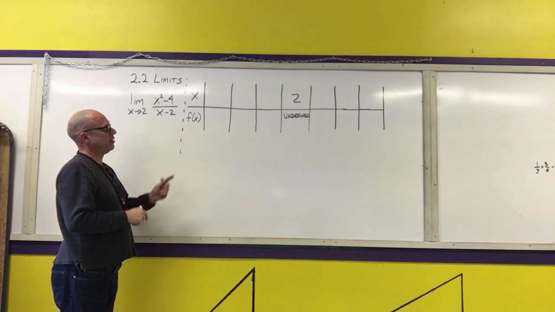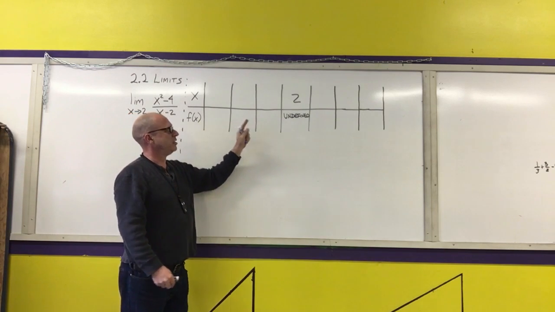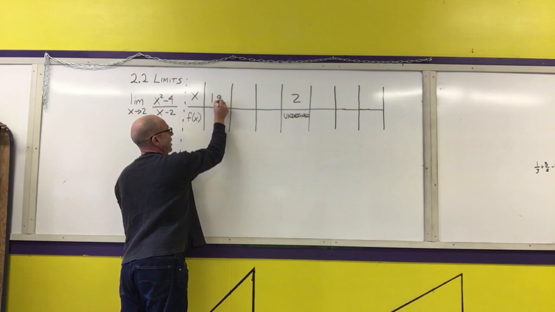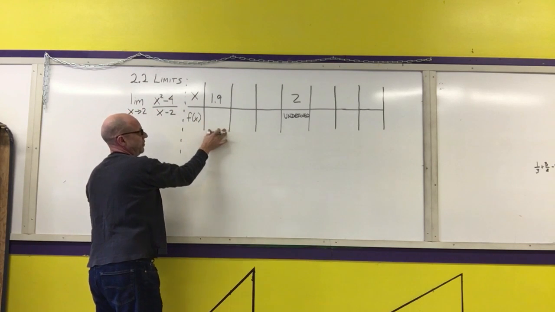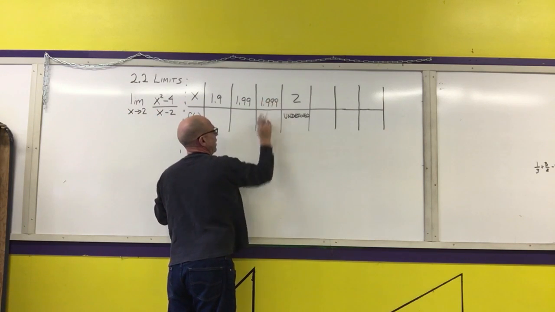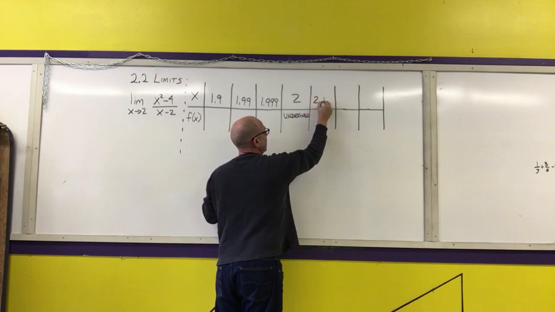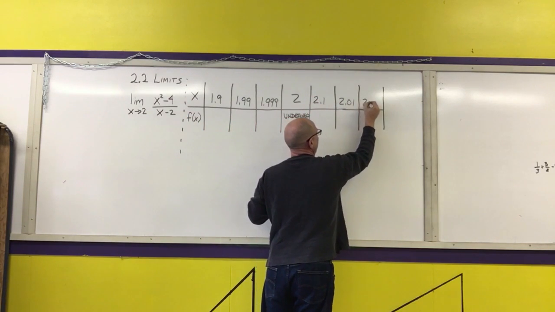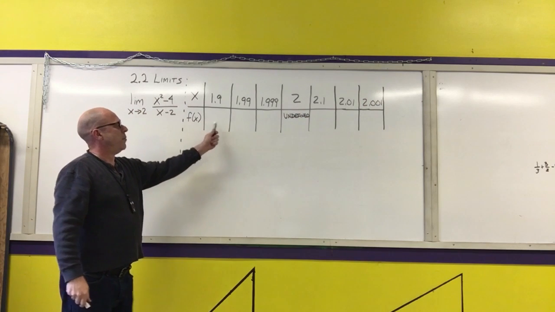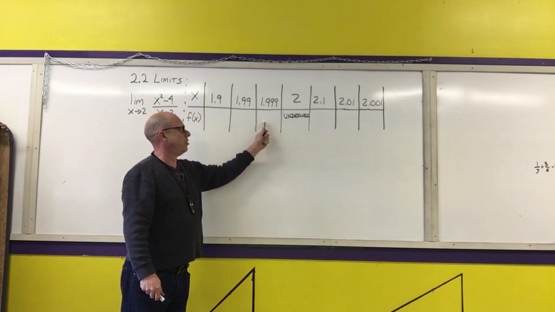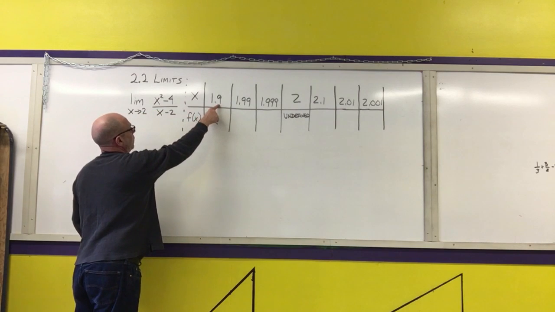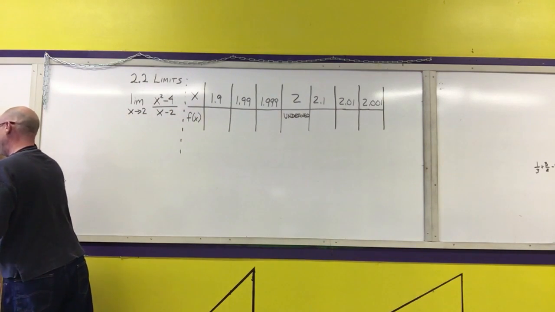So what we're going to do is use a calculator, and make successive approximations as I get closer distances away from 2. For example, if I start out at 1.9 and put 1.9 into my function, I'll get a value. Then we'll try 1.99 and 1.999. And then on the other side, we will try 2.1, 2.01, and 2.001. And we will put those values into the function, and we will come up with a series that's hopefully getting closer and closer to an individual number that we will be able to find the limit. So if I put 1.9 into the calculator and square it,